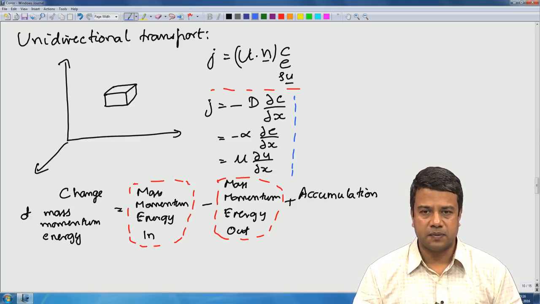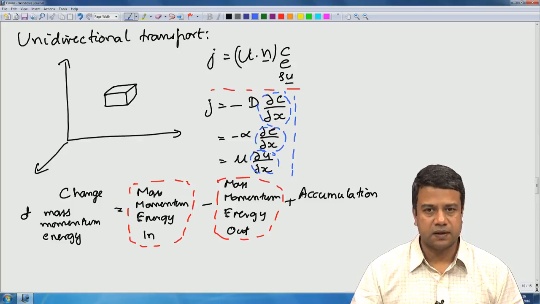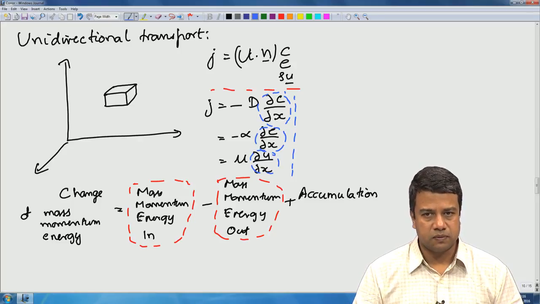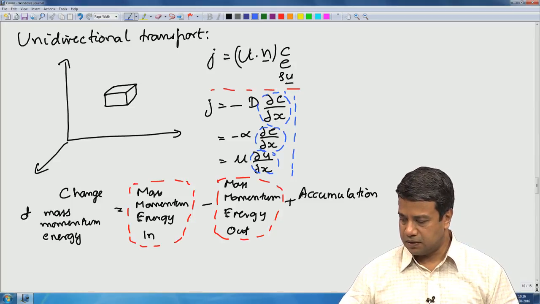In the limit as the distance goes to 0, this is just the spatial derivative of the concentration, the energy, or the momentum. Okay. So, those are the two mechanisms,